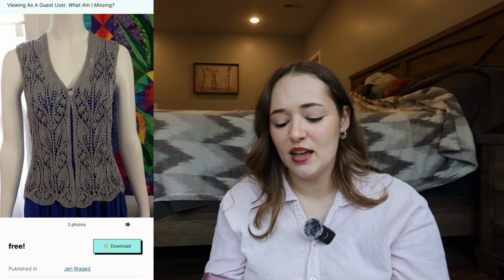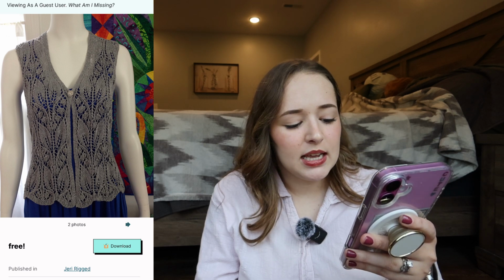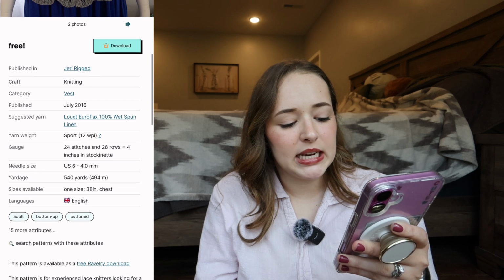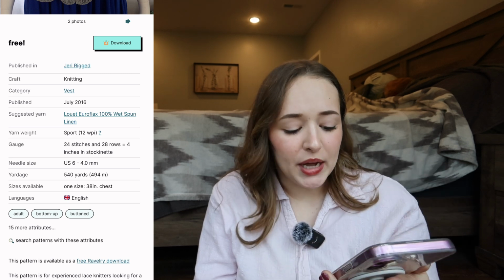The first one is the Lily of the Valley vest by Jerry Riggs. This one looks so beautiful, so intricate, so lacy. I think that it will be beautiful for spring. It looks very lightweight. This is in a sport weight 2 yarn with a 4 millimeter knitting needle. The only issue I have with this vest is it only comes in one size with a 38-inch bust and